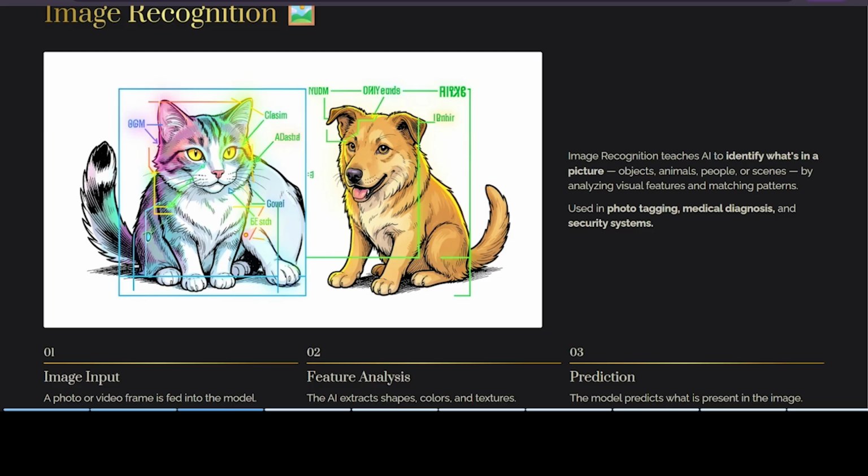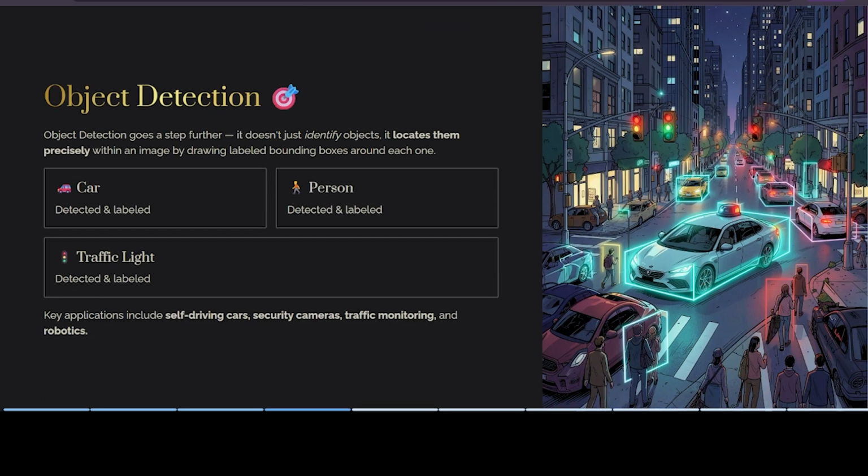Likewise, this is how it works, okay. The next one is object detection. Image recognition tells us what is in an image, right? Object detection tells us what is present and exactly where it is, okay. This is the major difference between image recognition and object detection, okay.